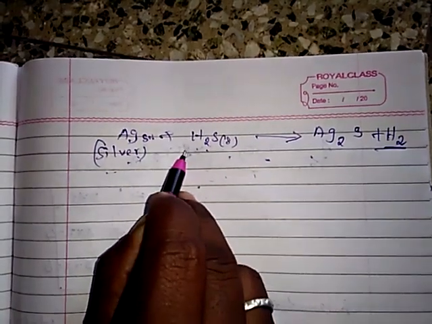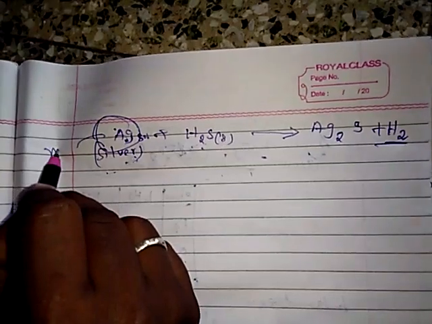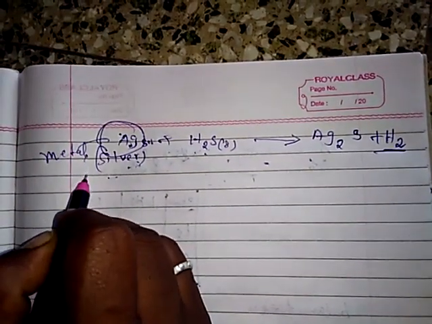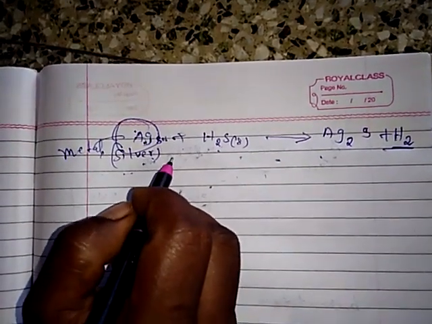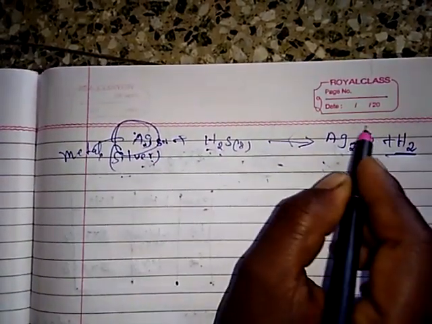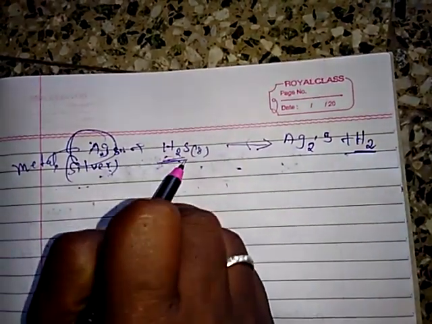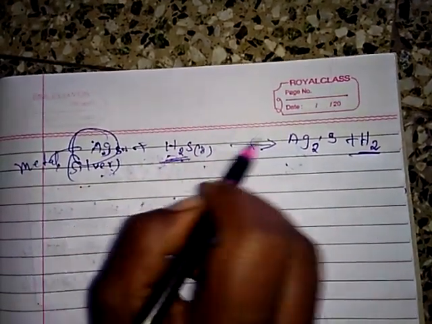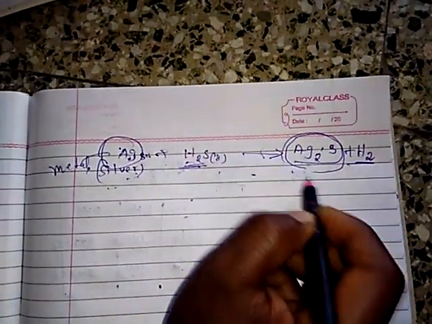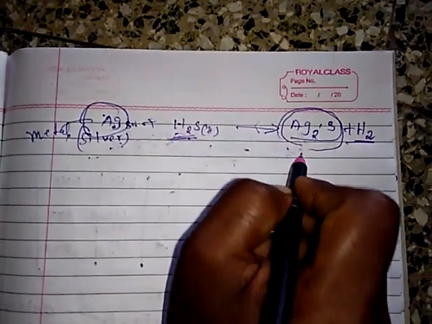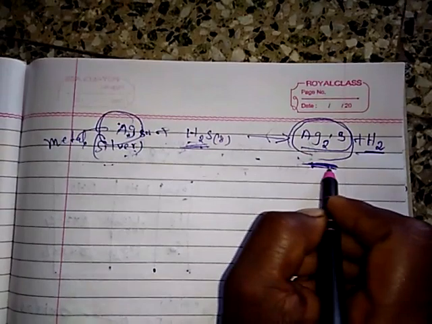Before the reaction, Ag silver was a pure metal. It can show its metallic property, but after reacting with H2S, hydrogen sulfide, it will give Ag2S, silver sulfide, which coats a black precipitate on the silver coin.